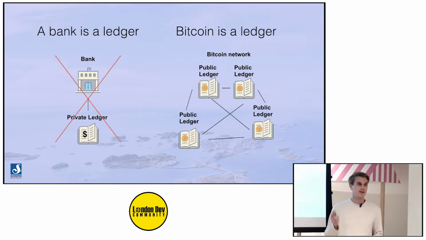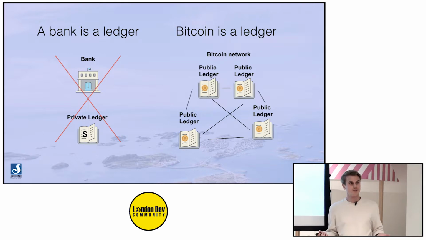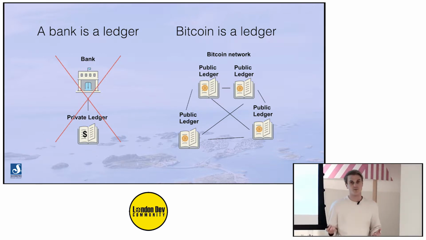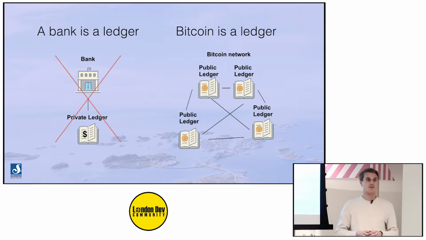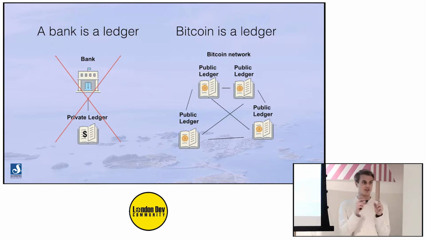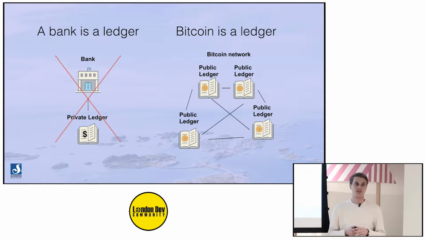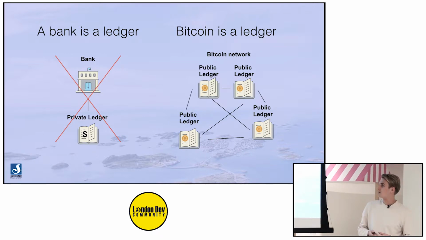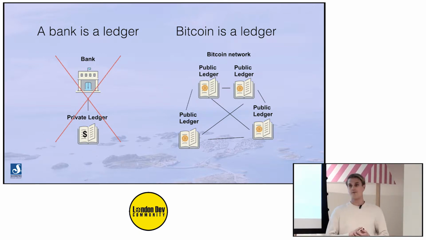And Bitcoin is essentially the same thing. It's a ledger. So a lot of people are confused about what is this, something internet money. Well, it's actually just a ledger. It's a set of accounts and some values attached to those accounts. The difference is that the Bitcoin ledger is public. It's out in the open for anyone to copy, send around, and do whatever they want with.